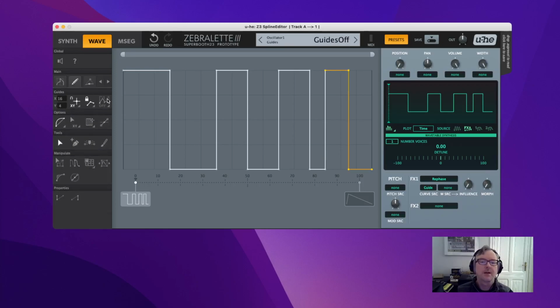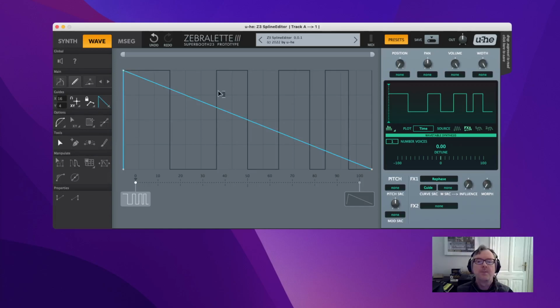The guide curves are here, and let's take this one. If the curve is like this, it will not rephase at all, right? So when I add a point,